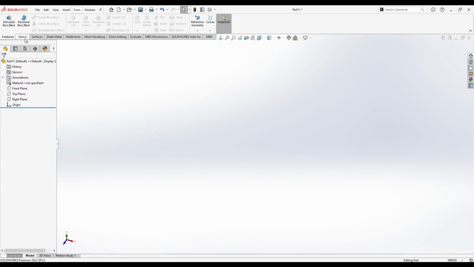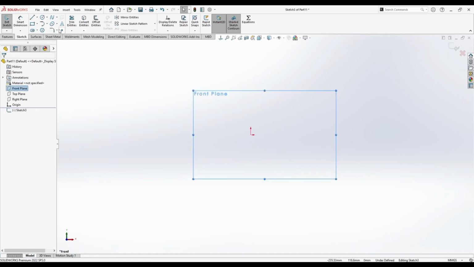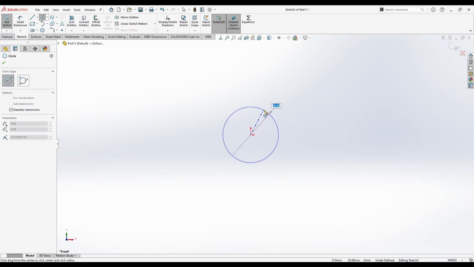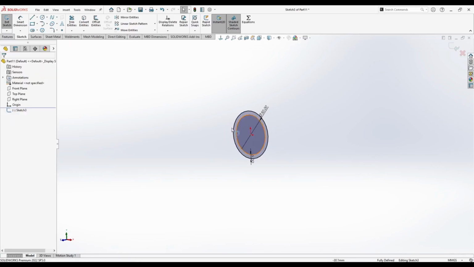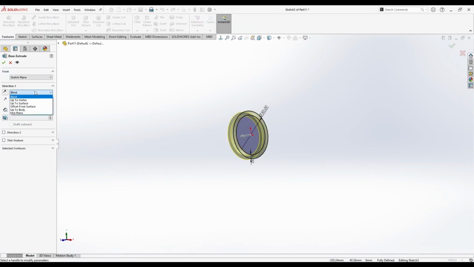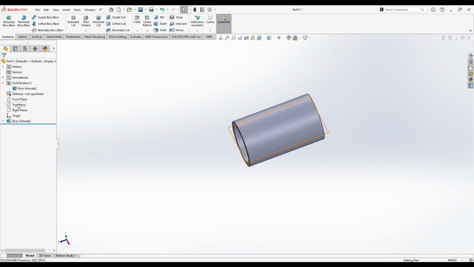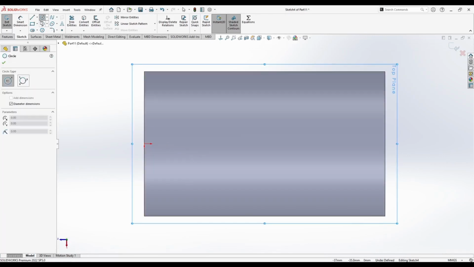There is another option to convert entities which is called Intersection Curve. Allow me to demonstrate its functionality by drawing a pipe for you. I will make a circle starting from the origin, for example 50, and offset the circle outwards 5 millimeters. I will use Extrude Boss and keep it blind. I will change the direction. Let's say 100 millimeters, click OK, and now, on the top plane, I will draw another cylinder,